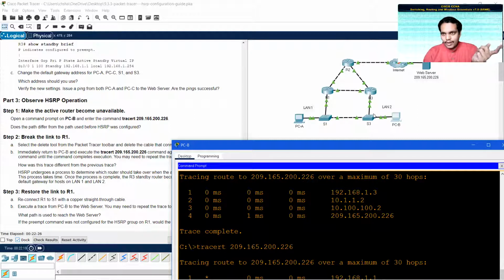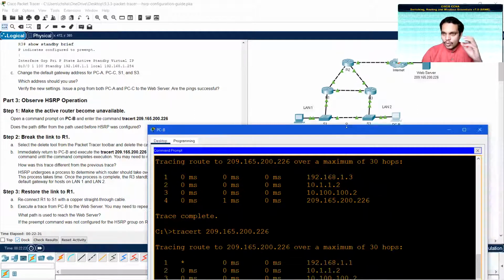In the earlier module video, I explained that in case of preemption, when a router goes down and comes up again, it will preempt the currently active router only if its priority is more. That means if R1's priority is equal to R3's, that is if R1 also has a priority of 100, then R1 will not become the active router again.